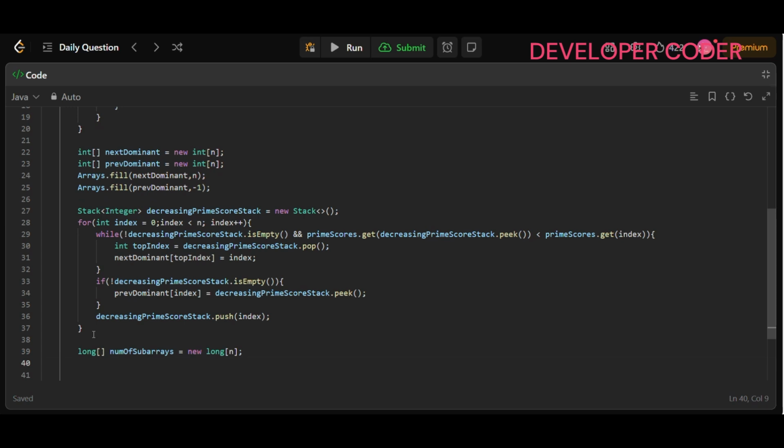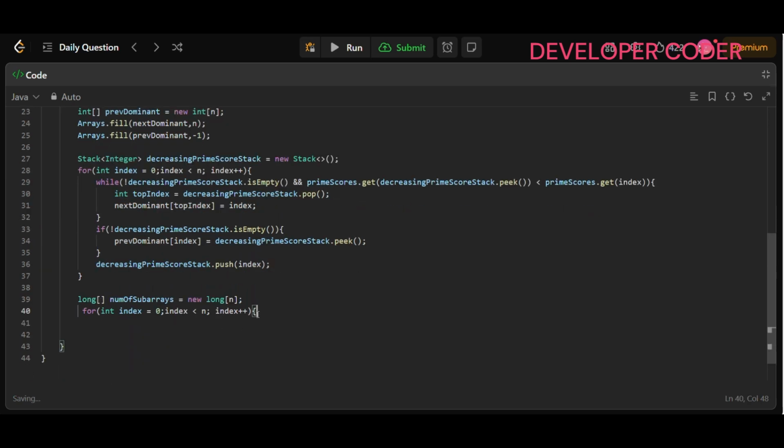Then inside this again run one loop: for int index = 0, index < n, index++, you can just copy this. And numOfSubarrays[index], you have to calculate this. Here is the formula that we have derived. Since the values can be large, here also